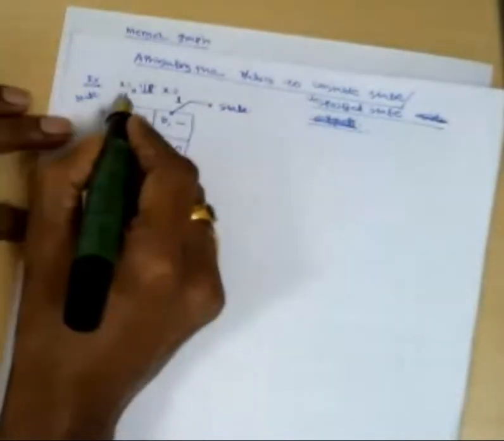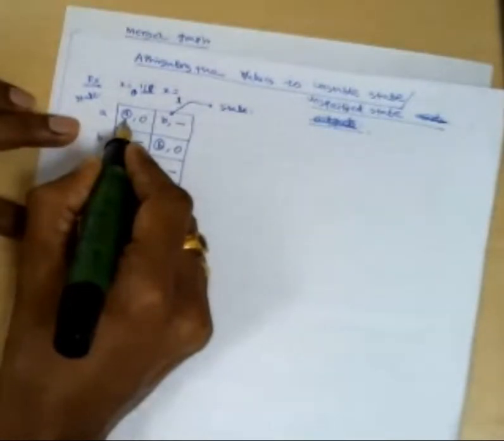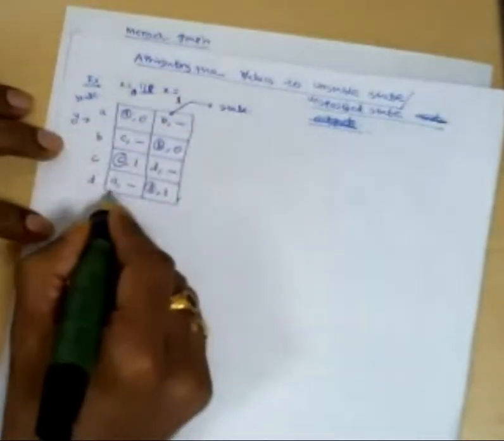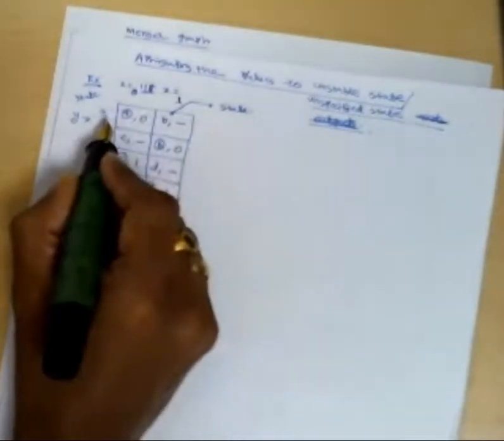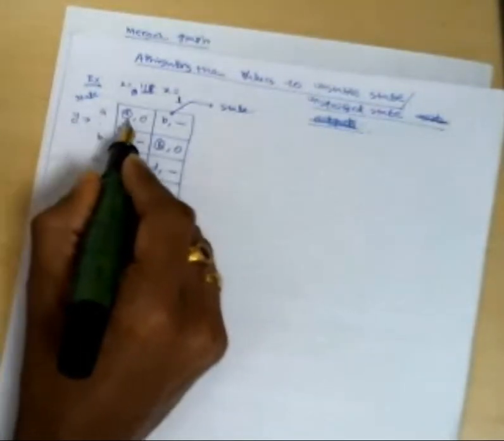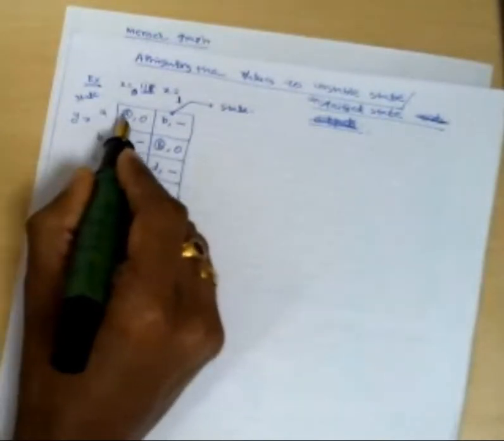That means when x equals 0, the capital Y is A, small y. These are all small y, and the inside entry is the capital Y. So whenever x is 0 and the small y is 0, it generates capital Y as 0, and that will come back as A again. So the circuit at A is in the stable state. Do you understand or not? Please go back 2-3 lectures. Surabhi, do you understand?